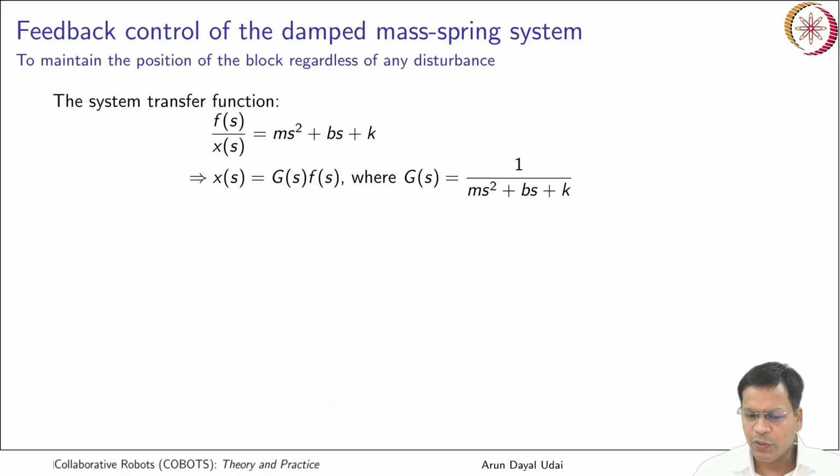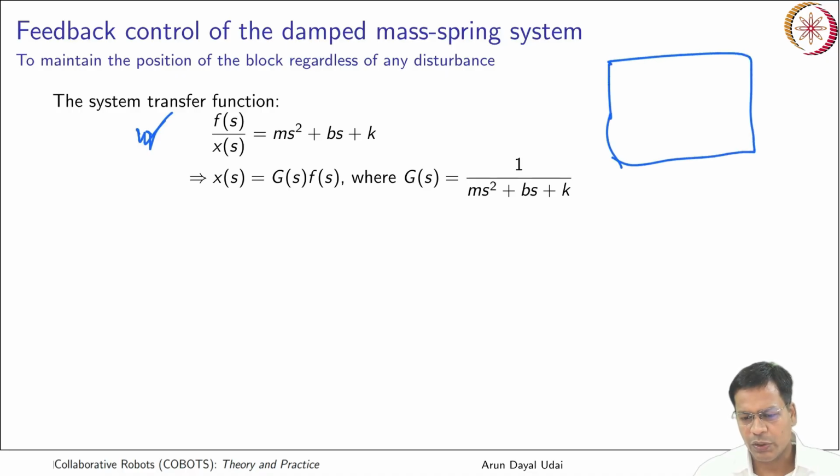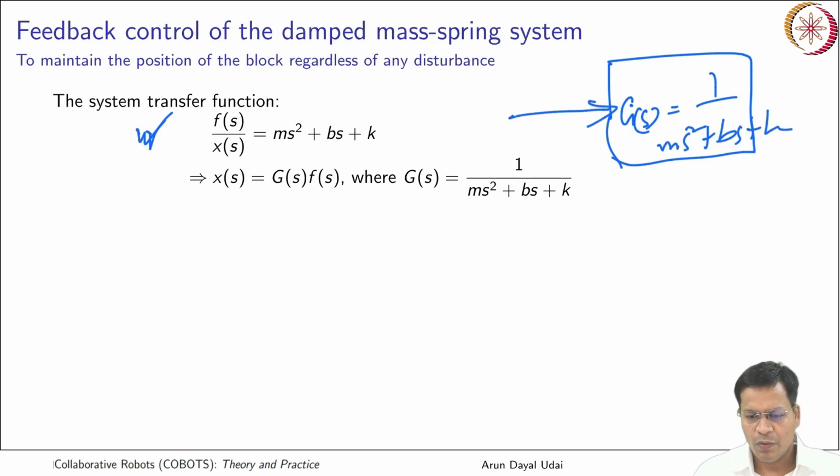Okay, so this is your controller that takes in the input. How was your system? Your system was very much like this. So it was force that got into your system. So this is your system, the gain for which is given by G(s) is equal to 1 by (m s square plus b s plus k). You know that already. So the input was force to that, and the output is displacement that you can measure. Okay, so this is your system.